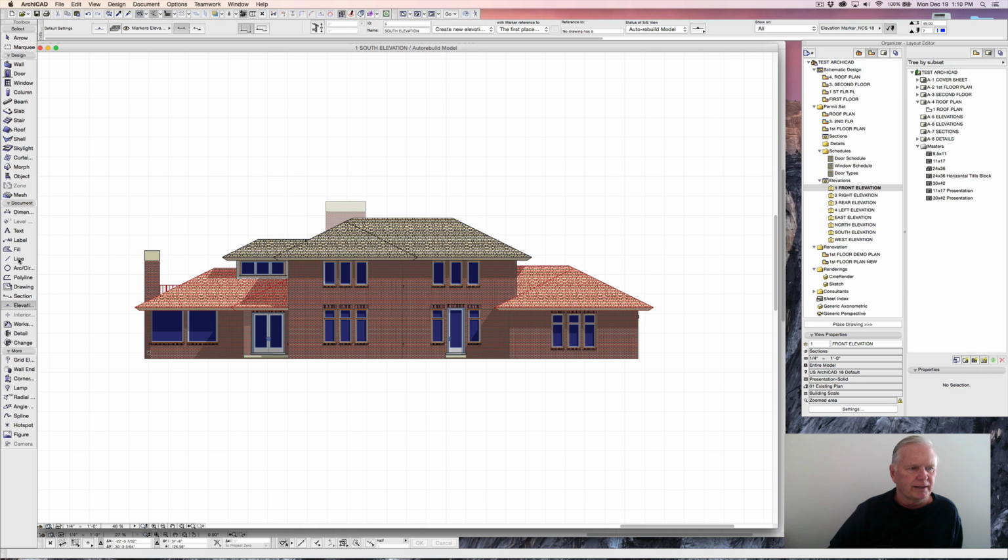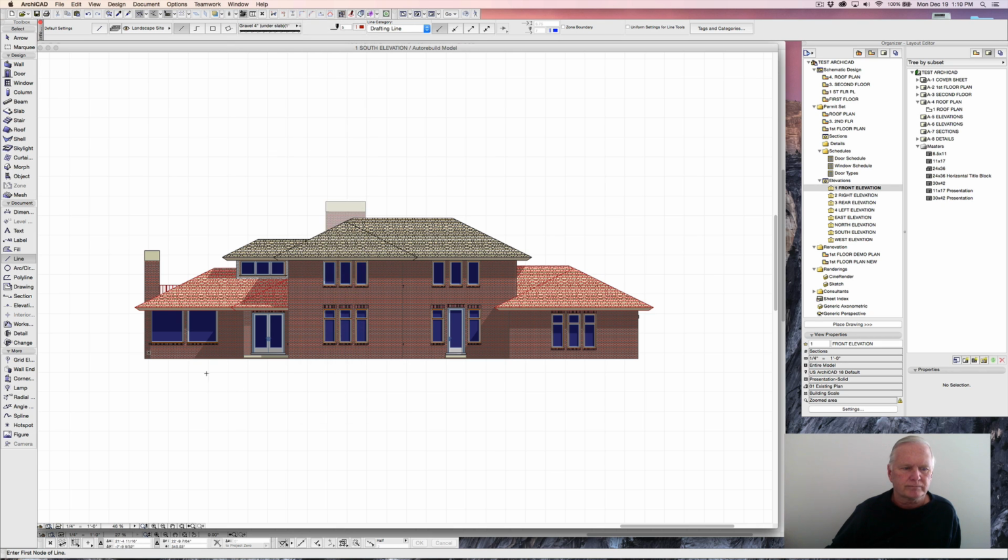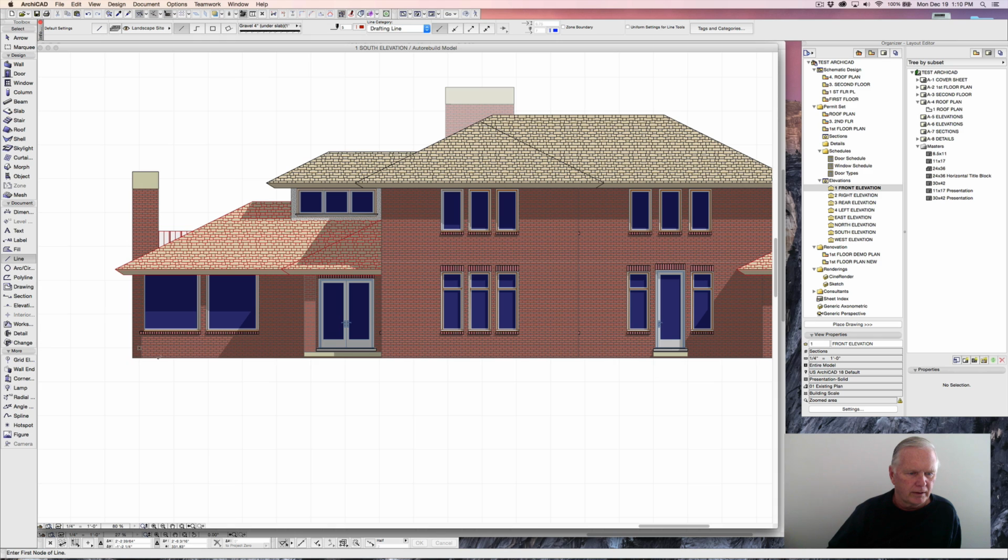So I'm going to add a line for the grade, and I'm setting it for landscape site as my layer, and then I've selected this line type down here at the bottom, and we're just going to highlight that bottom of the wall here, and our guideline should come up. Not sure why it isn't coming up. There's one there, so we'll just hover that one over that point,